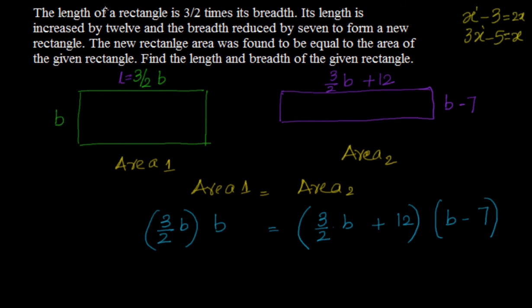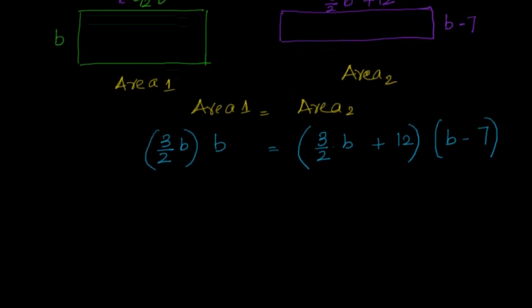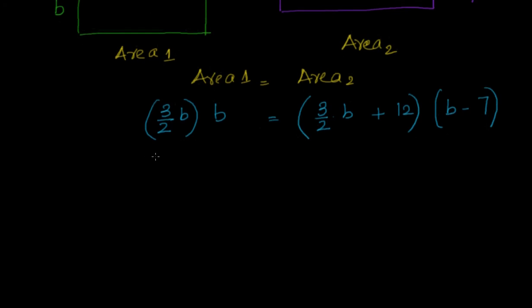Based on that you are finding the length because the condition is given to you. After that, forming the new rectangle by adding or subtracting as needed. Now we know the areas are equal. So let's go ahead and try to solve this.